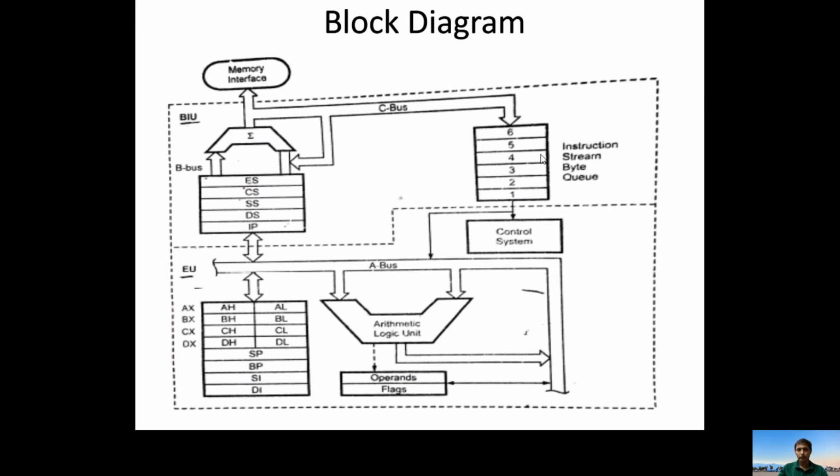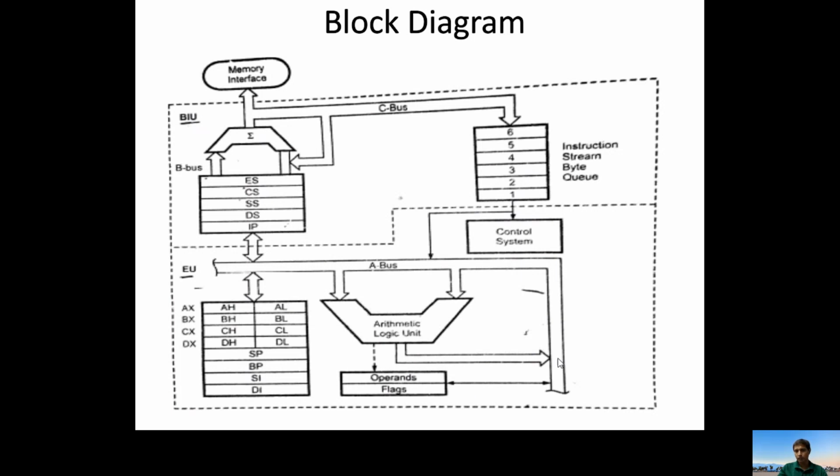Like that. Finally, BIU fetches the instructions and places them in the queue. Then whichever instruction comes first enters the control system, where it is decoded, checking whether that instruction belongs to the instruction set or not. After checking, it enters the execution unit. Depending on the type of the instruction, it performs either a data transfer operation or arithmetic or logical operations. During that time, there is a chance of getting flags, and we get the result.